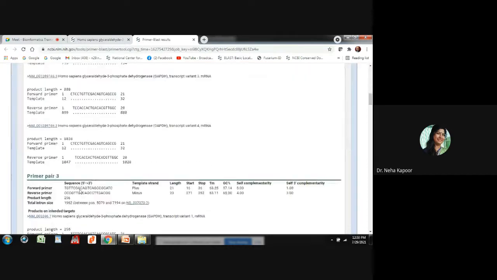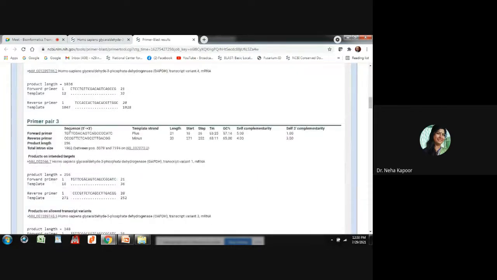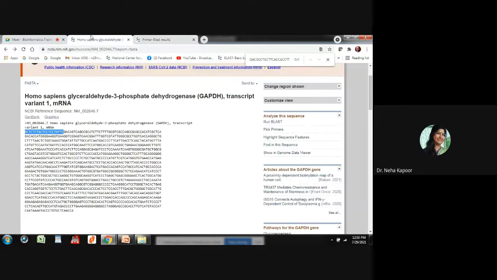One more thing I want to show here. Suppose you have selected this primer pair 3. Now see this thing. I'm again pressing Control F and I have pasted it. See, it is attaching over here, right?